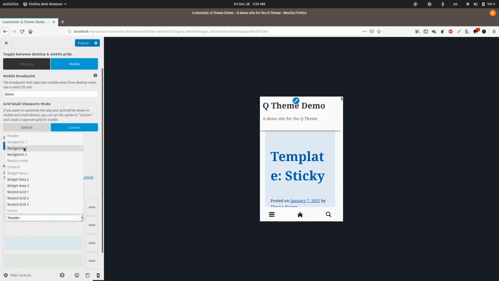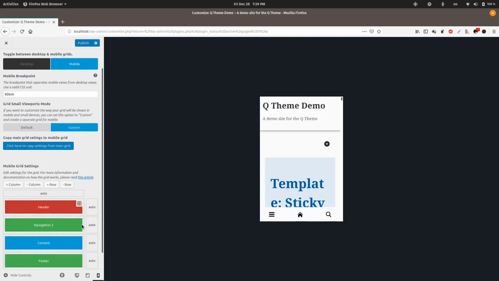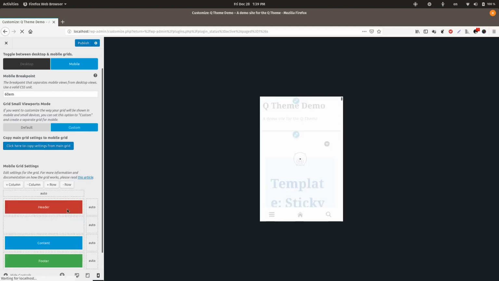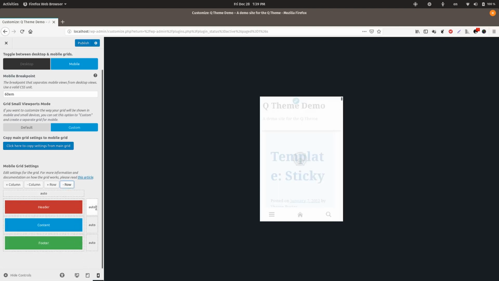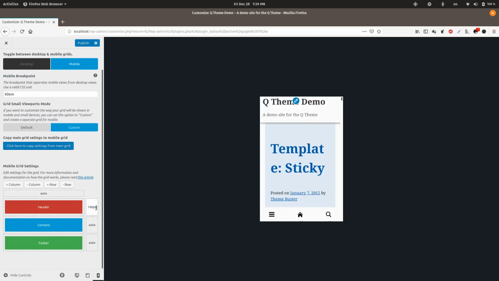You will also notice that when hovering grid parts on the mobile view, you will not be able to see the settings button for the grid parts. That's because the grid part settings are global and apply to both mobile and desktop views. In mobile grids, you will be able to add grid parts to your grid, remove them, reposition them, and also edit the grid settings like the height of each row and the width of each column. To edit settings for your grid parts, please switch to the desktop grid instead.